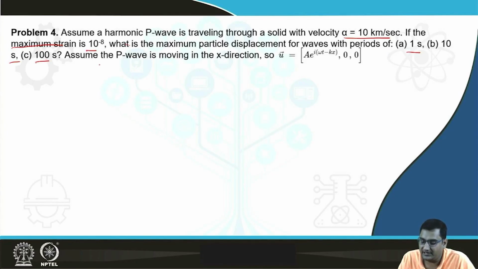We can assume that the P wave is moving in x direction. So U vector is equal to A e to the power iota omega t minus kx, comma 0, comma 0. So what we can do to solve this question, let's assume the P wave